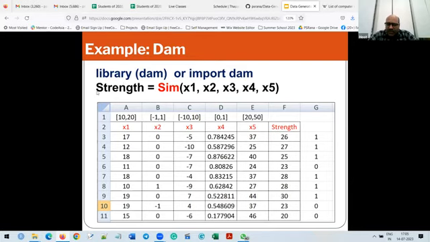So class, in that case, what happens? Let's suppose there is a function named sim that requires 5 parameters, x1 to x5, and the best part is that every parameter must have some lower bound and upper bound. Let's suppose x1 is between 10 and 20.